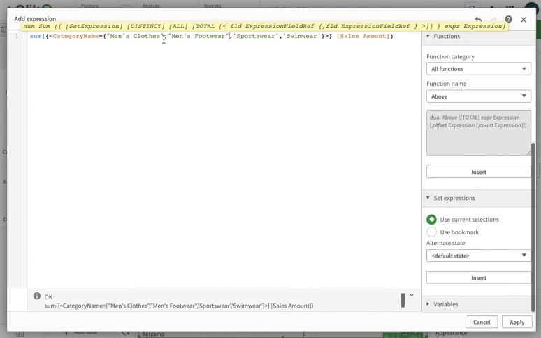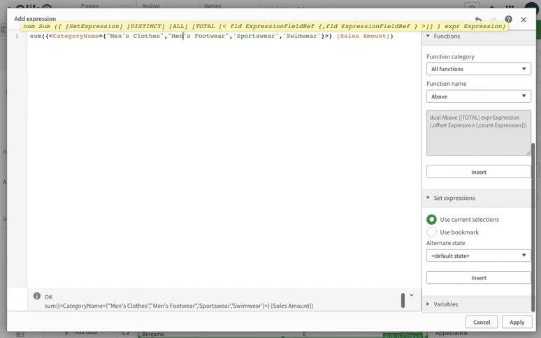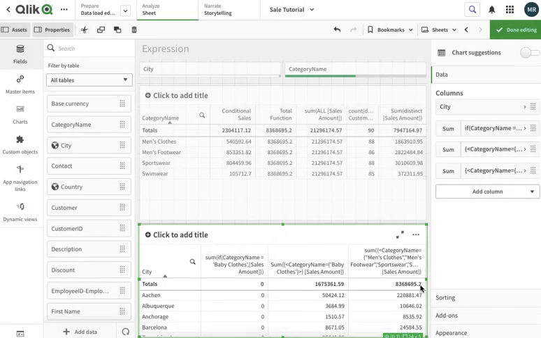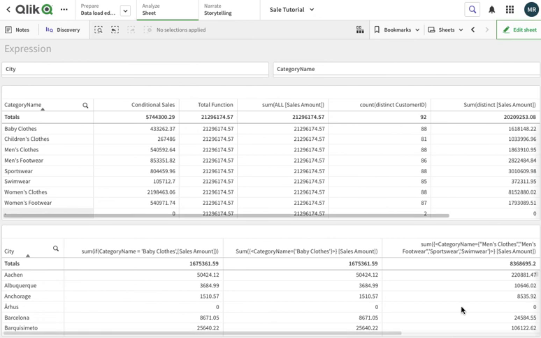If your value contains a single quote, you can use double quotes to make sure your value sticks. So you see, now we have those values, and even if you make this filter disappear, you will still have only those values. So this is a very easy way through which you can